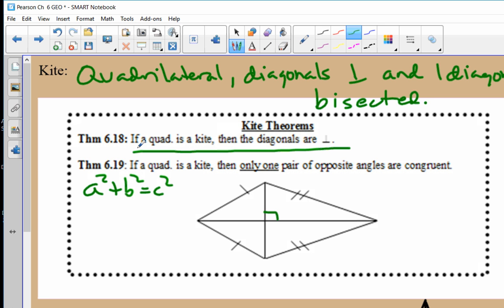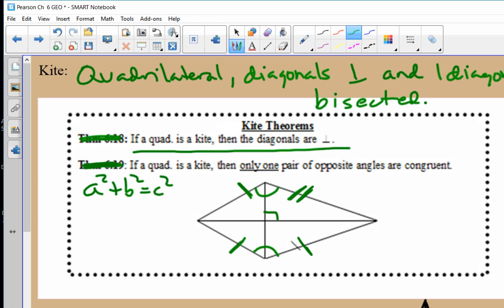Second theorem, if a quadrilateral is a kite, then only one pair of opposite angles are going to be congruent. Typically, it's off of the short diagonal. Hopefully, you guys can tell the diagonals are not the same, and the short diagonal will contain the congruent angles. You also see in this that the sides in kites, those two sides would be congruent,